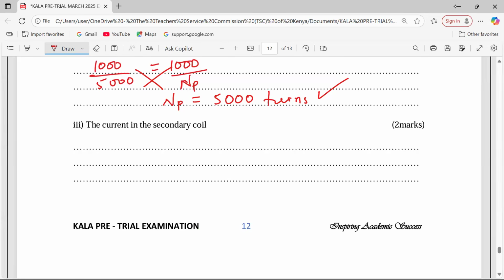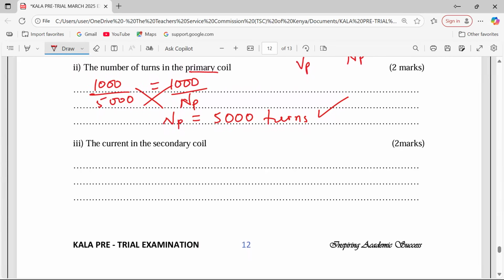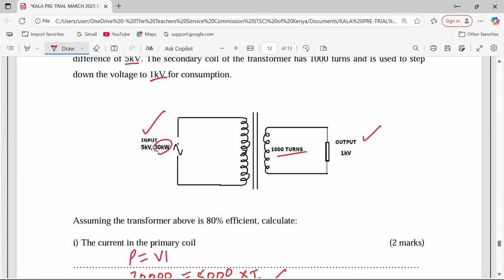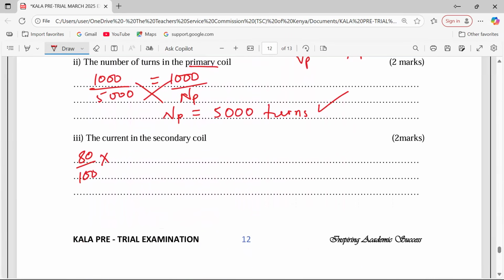So at the secondary, we can find what we call, first of all, power output. So power output equals 80% of the power input, because this one is 80% efficient. So power output shall not be 30,000. It shall be 80% of that. There is power wastage of 20%. So 80% of 30,000 shall be 24,000